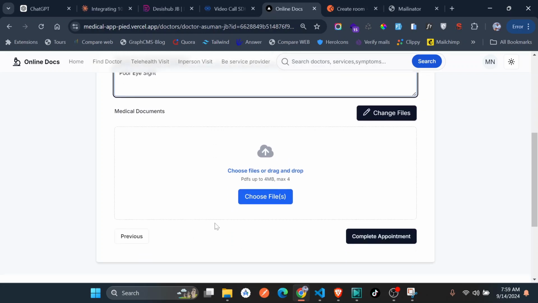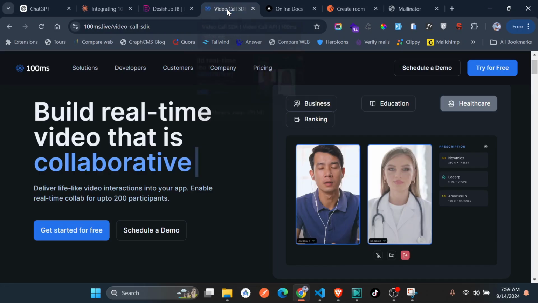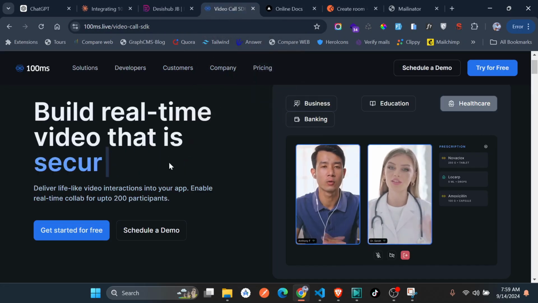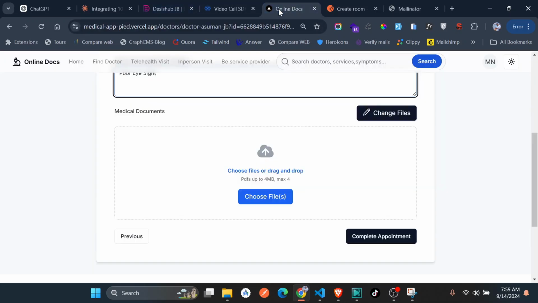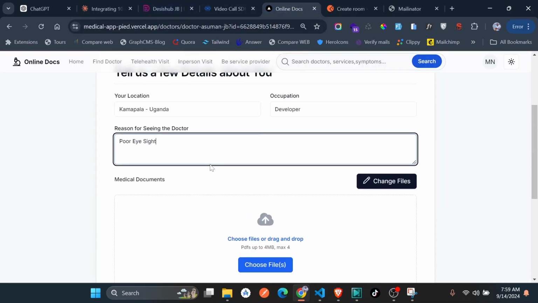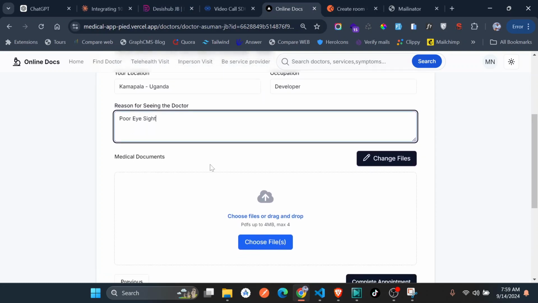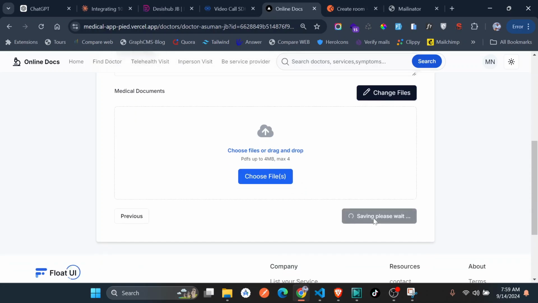You can of course upload the medical documents, but I'm just going to leave them. I'm going to complete this. When you complete the appointment, we use this API to generate a meeting link. We generate a meeting link and then save it in the appointment for both the doctor and the patient to join the meeting when that date comes. So if I complete here